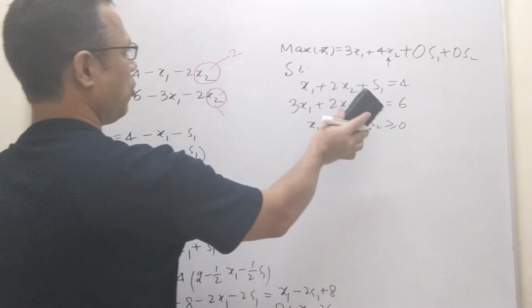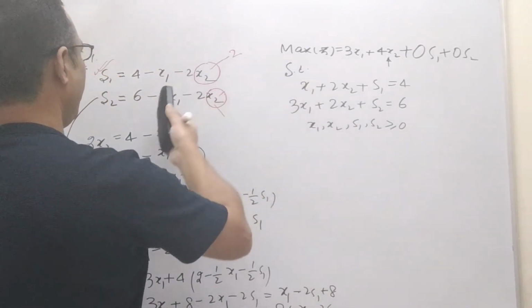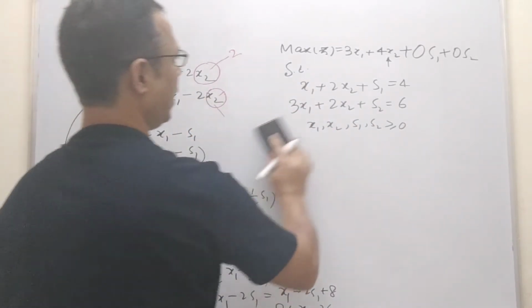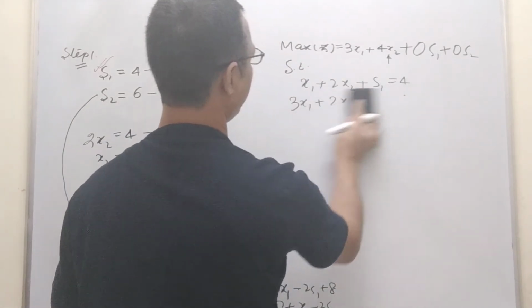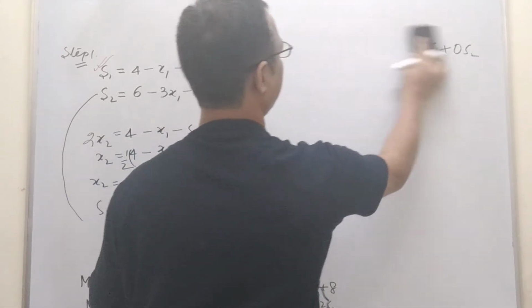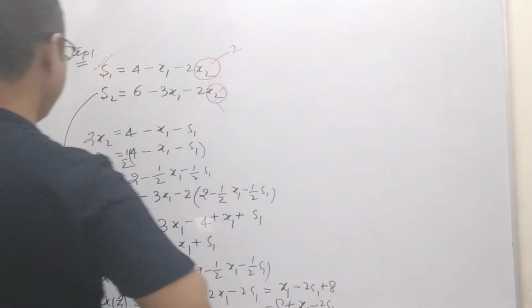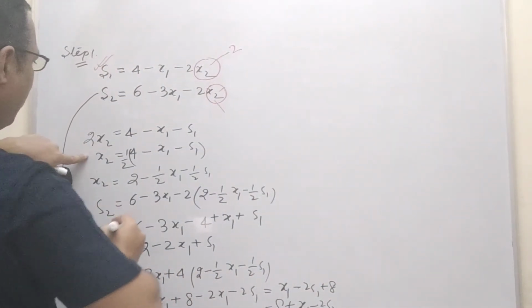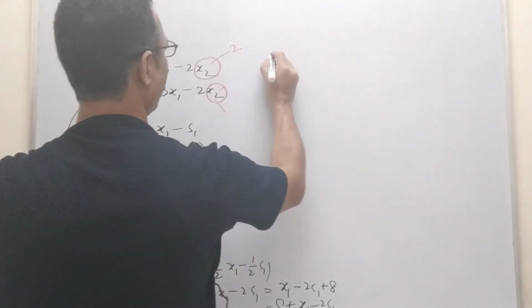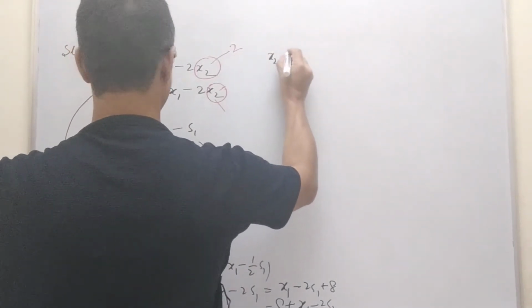So here I am going to erase, because we have already entered into the procedure and these are the questions. So now I am going to remove this and proceed further with the steps. Now what variable are we having? We are having x2. So what is the value of x2? x2 is 2